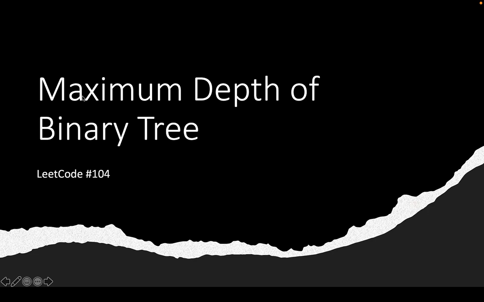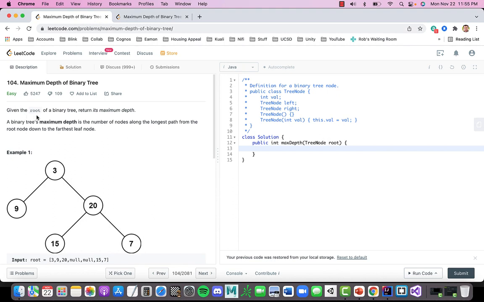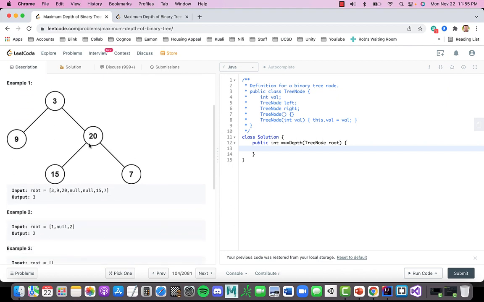Hello. Today we're going to go through maximum depth of binary tree, which is LeetCode problem 104. Given the root of a binary tree, return its maximum depth. A binary tree's maximum depth is the number of nodes along the longest path from the root node down to the farthest leaf node. So if we look at example 1 here, we start with the root node, and we